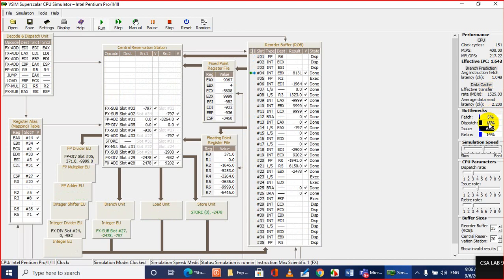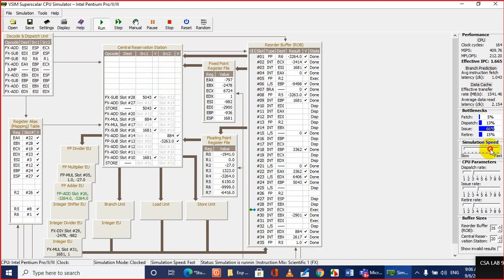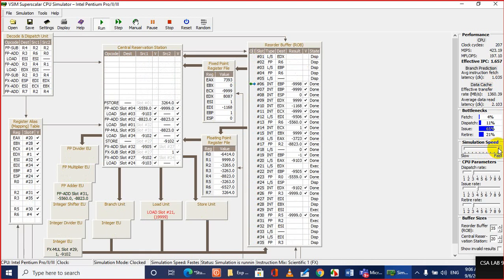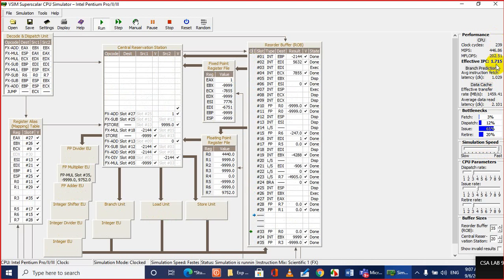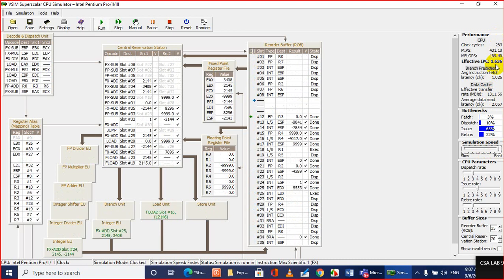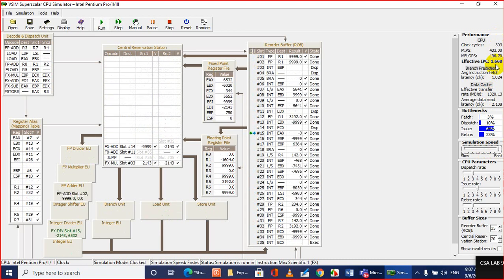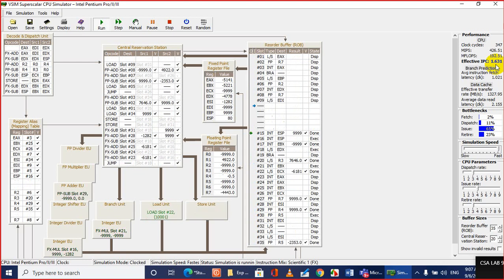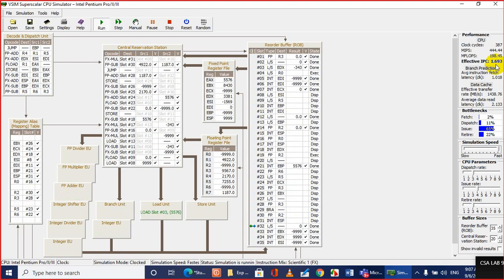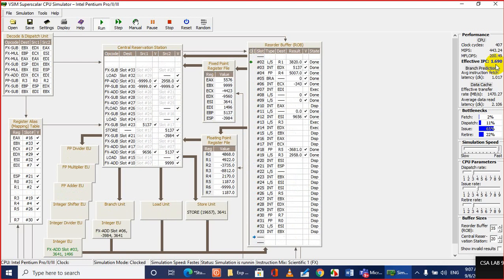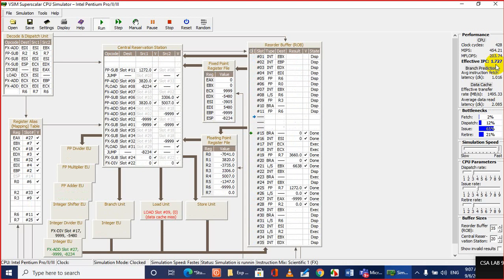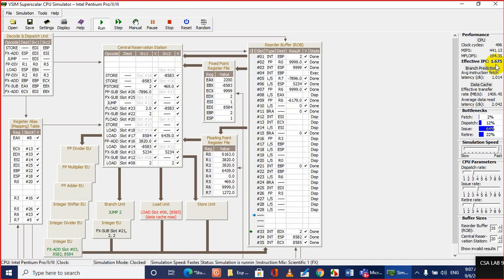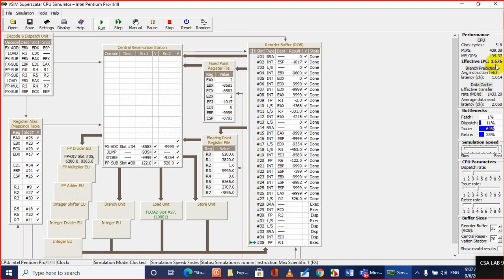Let me increase the simulation speed and see whether we can get a higher value, because we have increased the cache size and we should get higher performance. Previously we got 1.8 something, and you should get a higher value than the previous one.